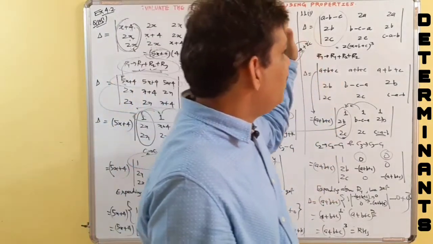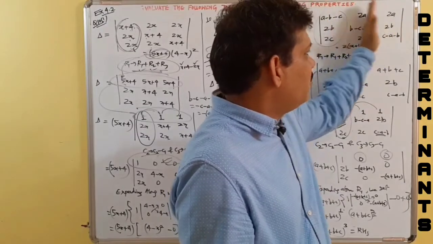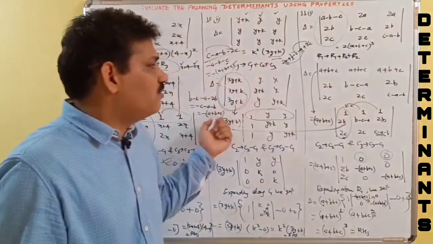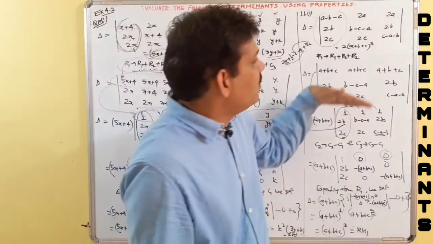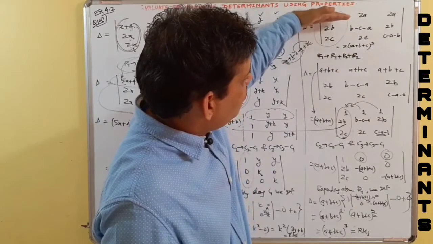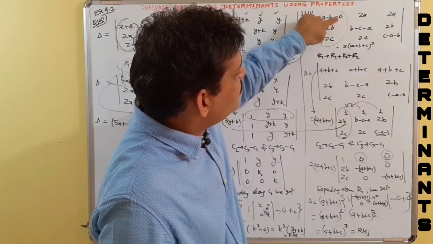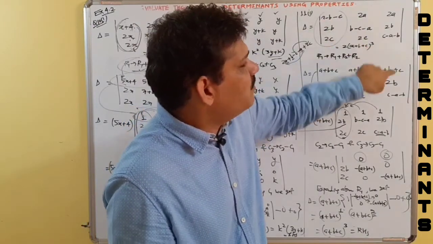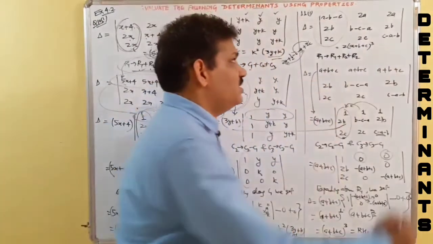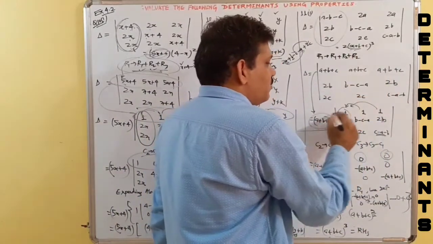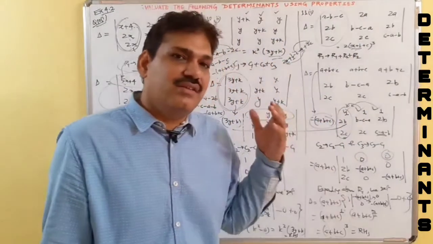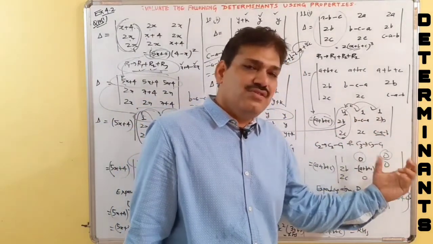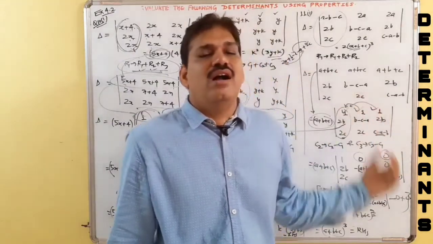Similarly here, if we are adding row-wise or column-wise, we are not going to get something common so that we can get 1, 1, 1. So what we did is we applied this transform: R1 becomes R1 plus R2 plus R3. 2c minus c is 1c, 2b minus b is 1b, and a plus b plus c, a plus b plus c, a plus b plus c. Now this a plus b plus c is common. After taking it common, we get 3 ones. After getting 3 ones, we made 2 zeros. After making 2 zeros, as usual, we expanded along the first row and we got the result.